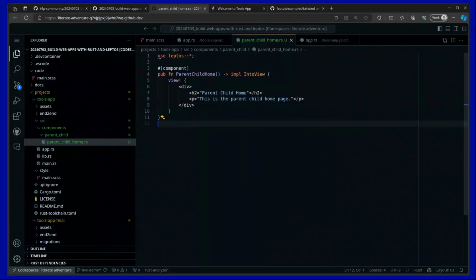And then go ahead and set it up to look like this. There's my div tag, my h2, and then a little paragraph saying this is the parent-child home page. So go ahead and add that component real quick. Okay. So we have this component, and we want to display this component